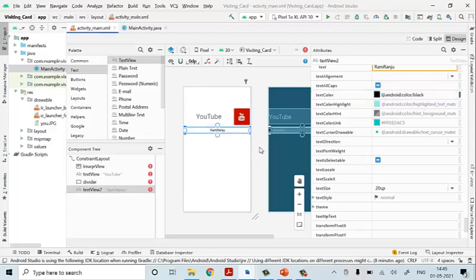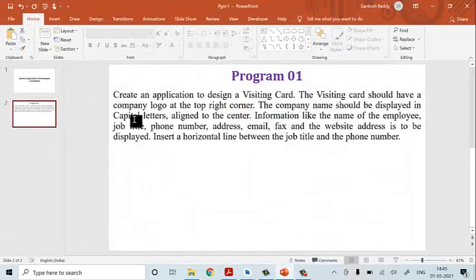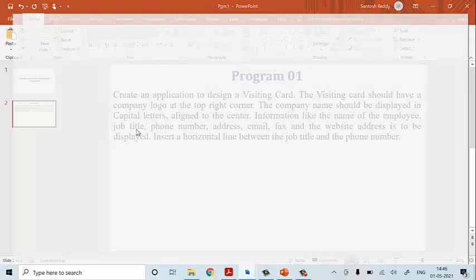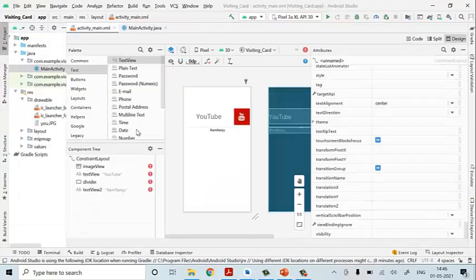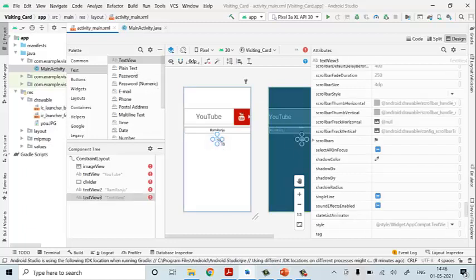The same way, now we have to write the employee's job title. So what I'll do here, I'll write the title of my job. Again it is a TextView, drag and drop it here. Place it below my name.